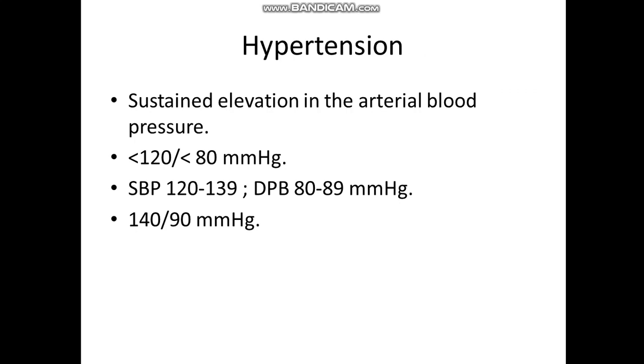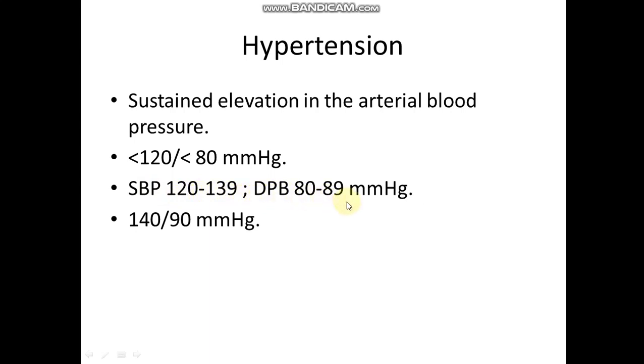By definition, hypertension means sustained elevation in the arterial blood pressure. So there are two types of blood pressure, venous and arterial. Hypertension means sustained elevation in the arterial blood pressure. The normal blood pressure measurement should be less than 120, which is systolic blood pressure, over less than 80, which is diastolic blood pressure, millimeter Hg. If the systolic blood pressure ranges from 120 to 139 and the diastolic blood pressure from 80 to 89 millimeter Hg,